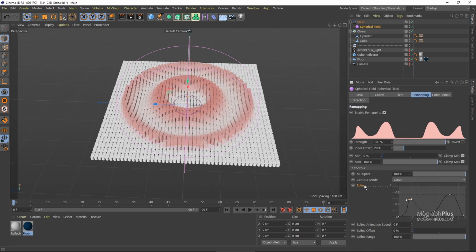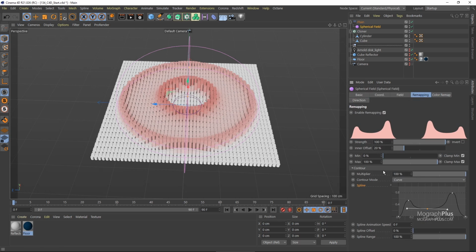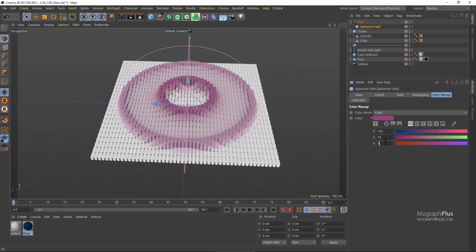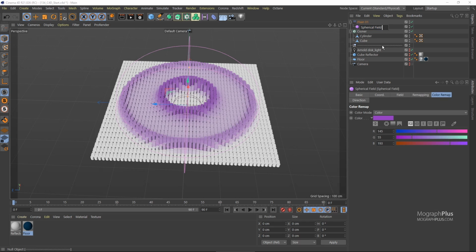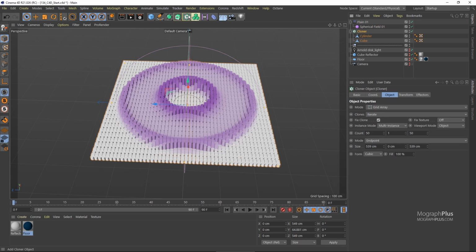In the color remapping tab, let's use a purplish color. So that is the first effector. Let me quickly rename the plane effector to plane 01 and our spherical field to spherical field 01. Select the cloner and add another plane effector